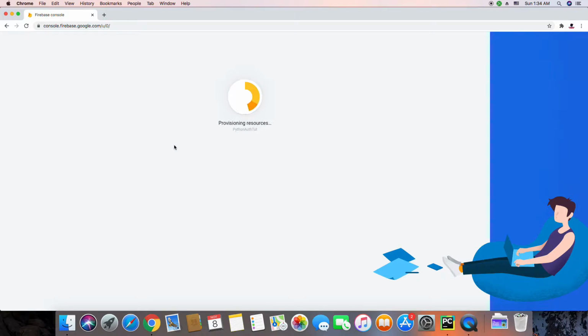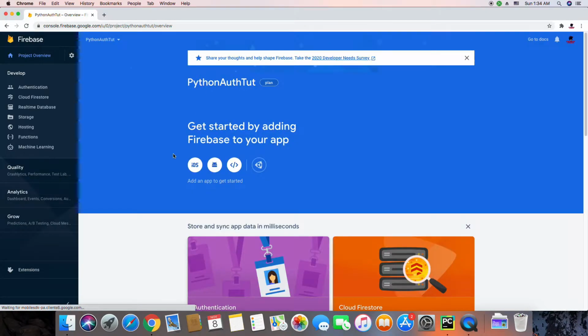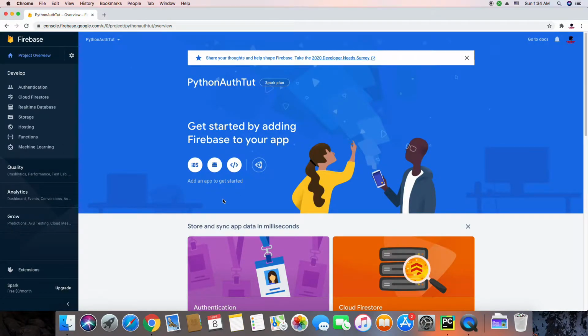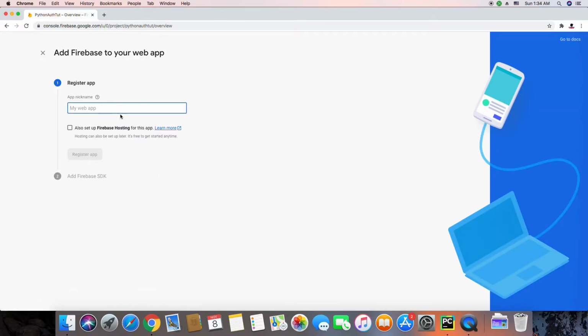It says provisioning resources, so it's finishing up right now. That didn't take very long. Continue, and now it opens this console. Now what you want to do here is, as it says, get started by adding Firebase to your app. So I'm going to do exactly that, but I'm going to add a web app. So you click on this. I'm going to call it a nickname, I'm going to call it